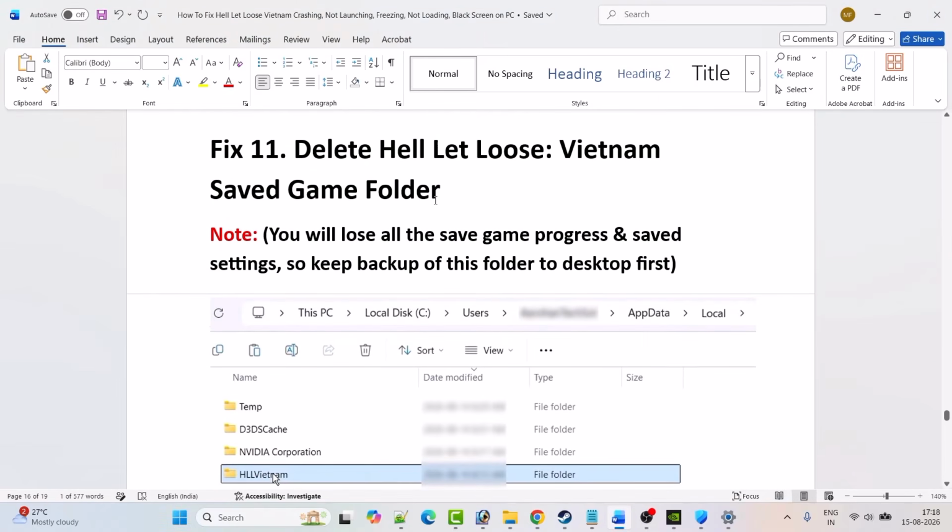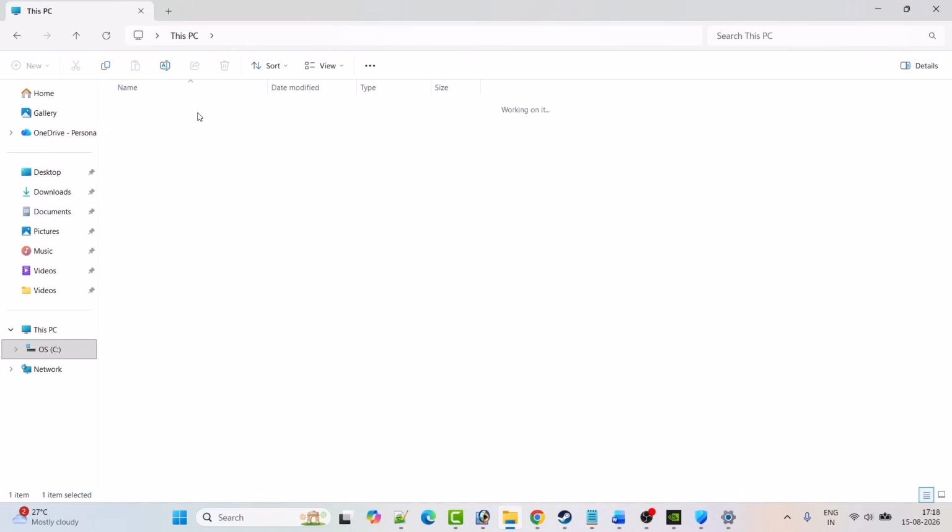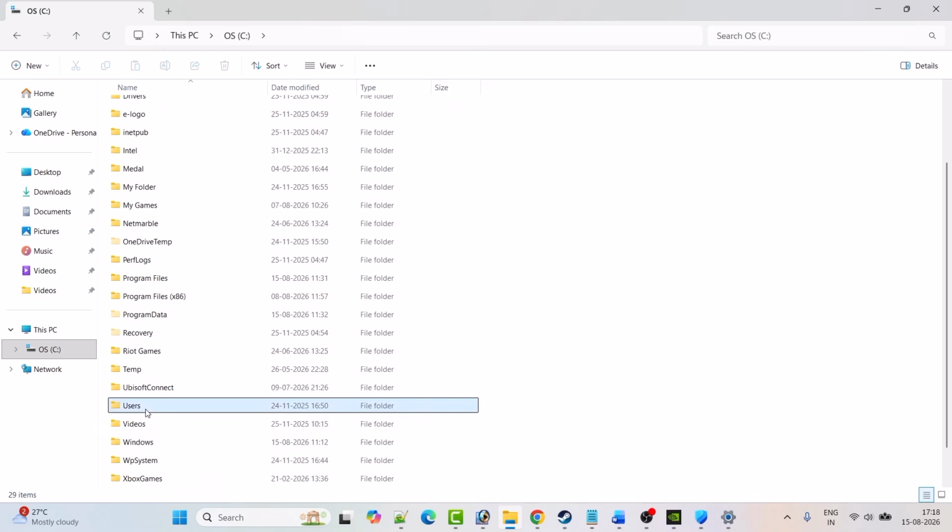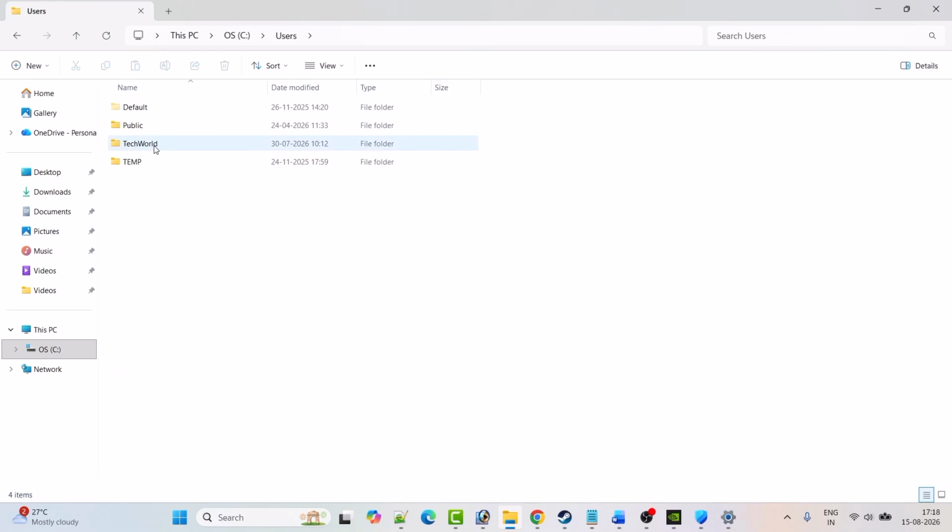Fix 11 is to delete the Hell Let Loose Vietnam saved game folder. Now please take note over here, you will lose all the save game progress and saved settings. So if you want to keep a backup of this folder, then you can do that. So here is how to do it: open File Explorer, open C drive, open the Users folder, open your username folder,